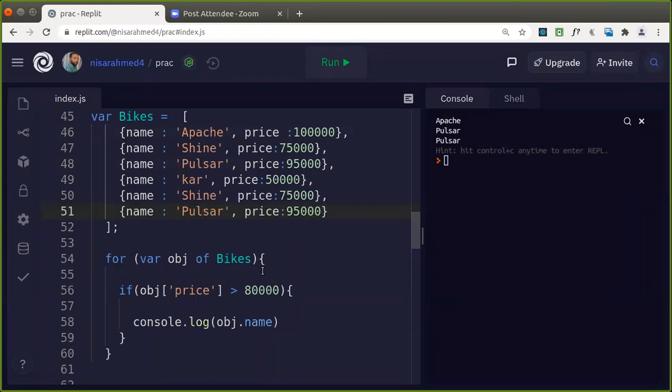This is one thing. And I want to update the ratings, guys. One more thing I want to update here: there is no key called rating. So I want to update the rating for that one. For the bikes which have a cost of more than 80,000, I'm going to give a rating of high, and other than that, a rating of low.